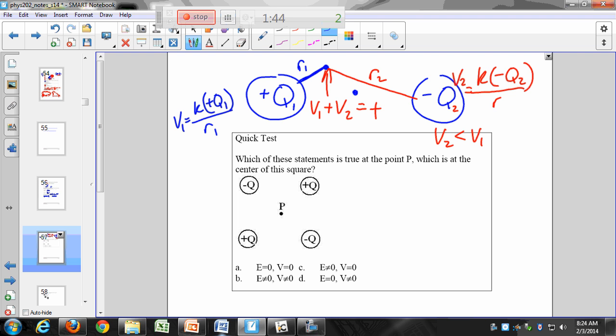So try this question. Here, instead of two charges, you have four charges. I want to know what is the potential due to those four charges, two positive, two negative charges. And I also want to know what is the electric field. Now you'll need to draw the electric field vectors at point P due to each individual charge. So I know due to this charge, for example, the electric field vector is in that direction. What do the rest of those electric field vectors look like? We're almost out of time, so.